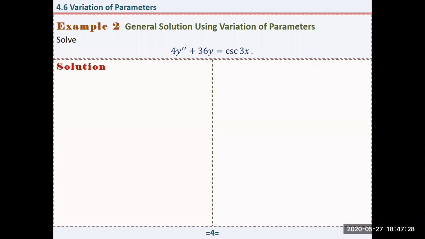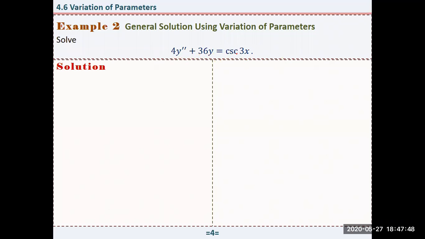All right, here is the second example. It's about variation of parameters, the second method. We are going to solve this differential equation. This is also a linear second order differential equation with constant coefficients, but on the right hand side, our function